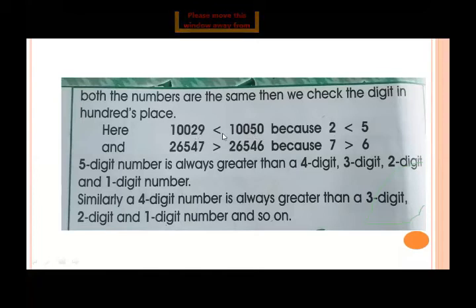Here you see that 5 is greater than 2. So we put the greater than sign at 5, and this sign shows that 2 is less than 5 and 5 is greater than 2. Crocodile mouth always opens when the number is greater. So here 5 is greater, so the crocodile mouth opens at 5.